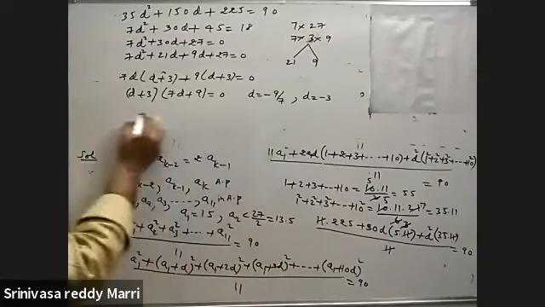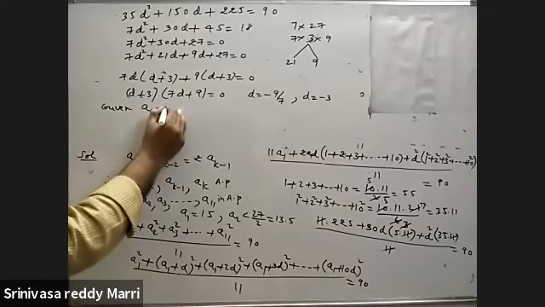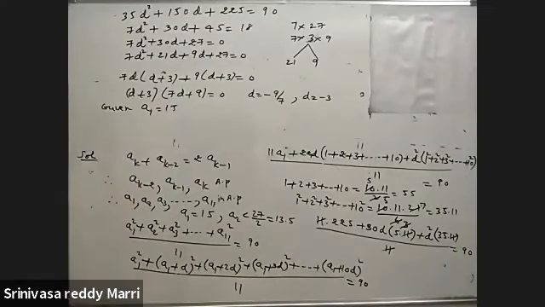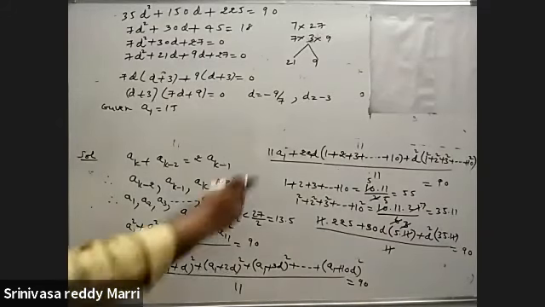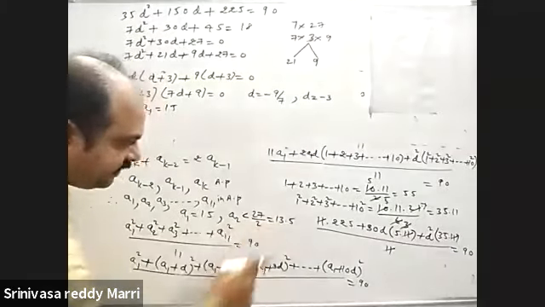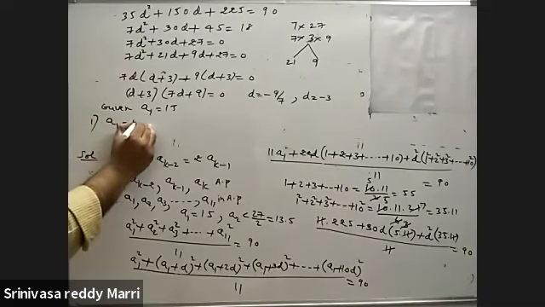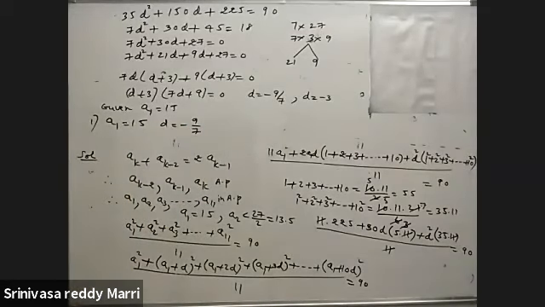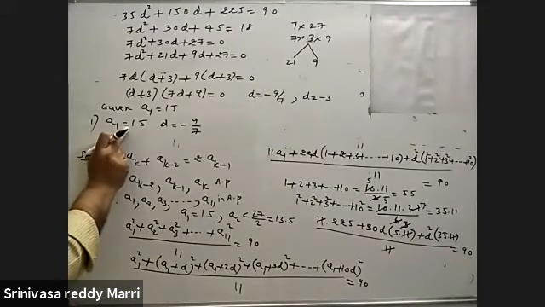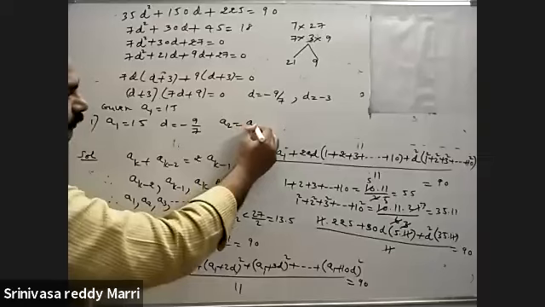So now a1 equal to 15 given, and you got the common difference. He has also given that a2 must be less than 13.5. Which d you have to take? You have to take such that a2 must be less than 13.5. First case I am taking. Suppose let us say first term is 15 and d is minus 9 by 7. You got two values of d. Which value you have to take? a2 is the second term.